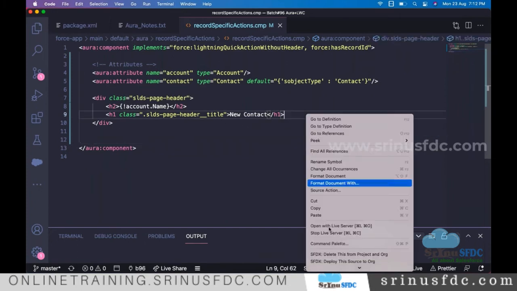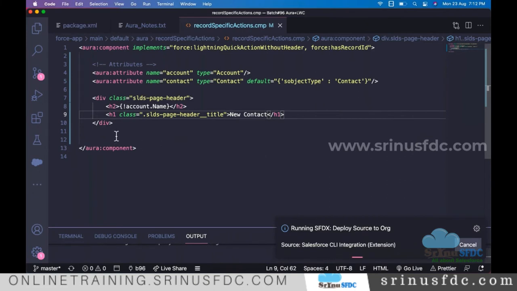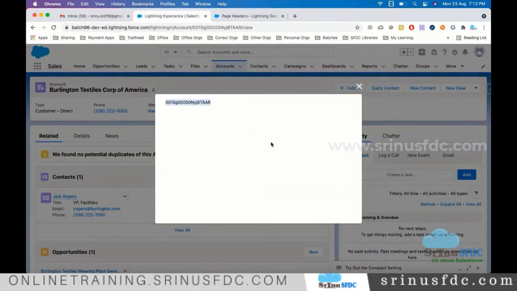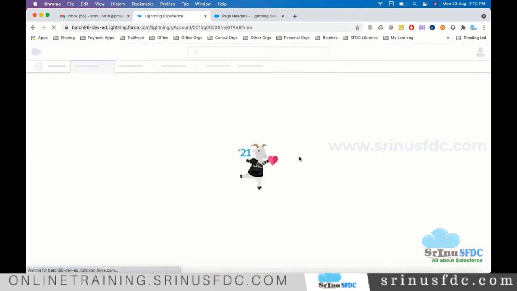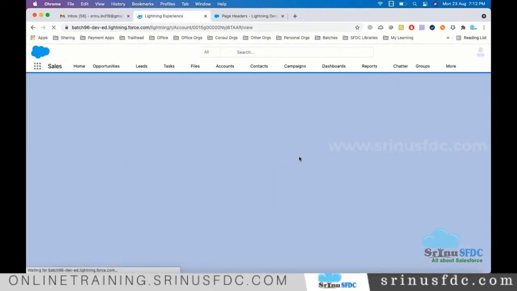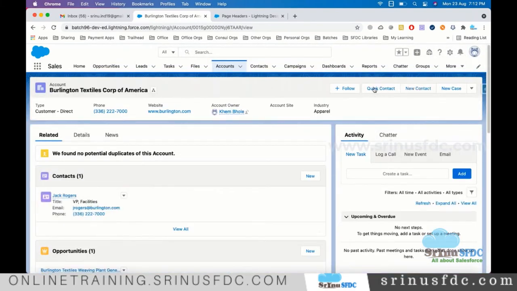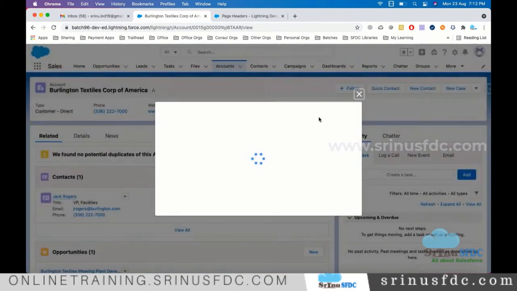And if you want to see the preview so far, maybe deploy and you can see the preview so far. Meanwhile, we are going to store first name, last name, email, phone, some of the contact information. Maybe before we had that. So let's see the preview so far. Just to refresh. So click on quick contact.